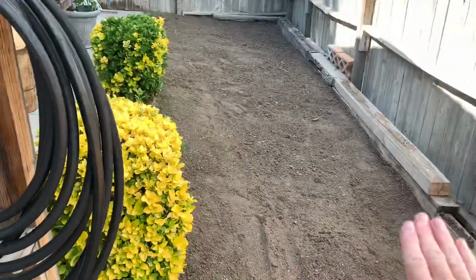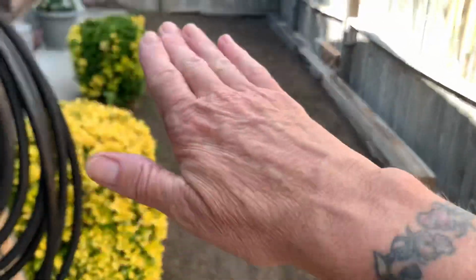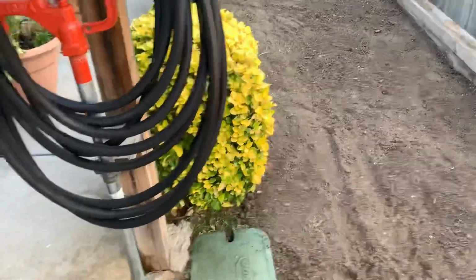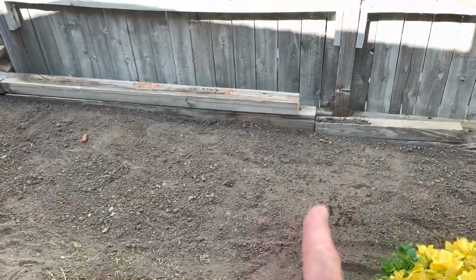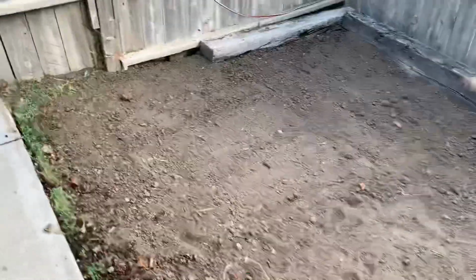We only had to bring the dirt in because we had to level it. If this was level, I wouldn't have had to do this. And it's still going to have a slight slope, but I can live with that. And what I'm going to do is my beds are going to run this way. So starting over here, I'll probably have a